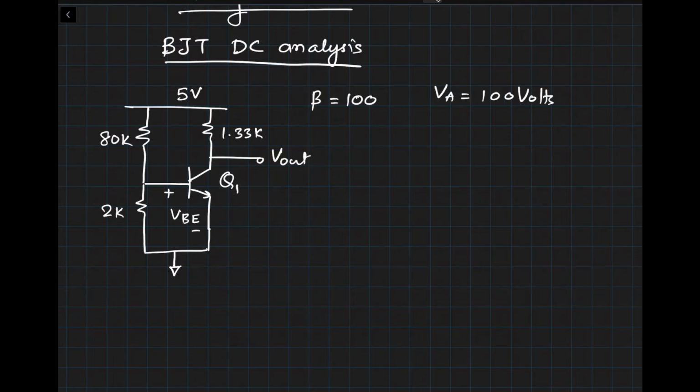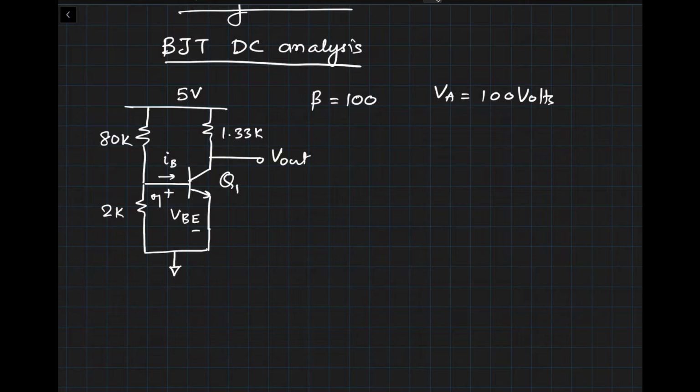So the first thing you need to do when you're working with bipolar circuits is figure out which region of operation the transistor is working in. In this particular case, since I haven't taught you how to make that quick judgment, let's go step by step so you can understand the thought process. The first thing we will do is ignore the base current in this particular circuit, which is going to flow here, IB. We're going to ignore that, and look at what our base to emitter voltage is looking back if we ignore the base current.